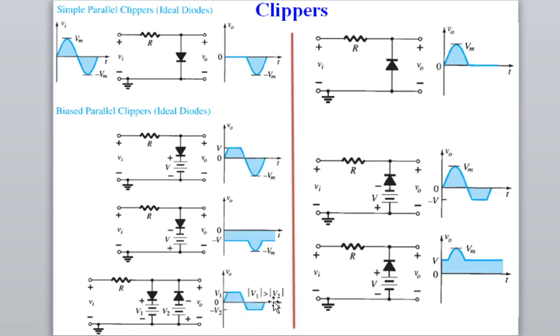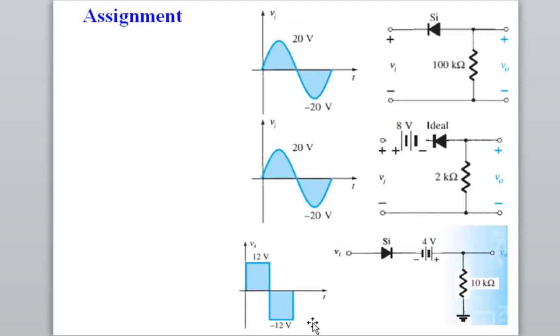Okay, similarly the same thing happens for the negative clipper. So these are some examples of the positive and negative clipper I have given. Okay, so here I am mentioning a few assignments for the positive and negative clipper, parallel clipper, series clipper. I am just giving 3 examples. You can go to the reference book and find many problems and solve them, and please try to email me. So this is the first problem.